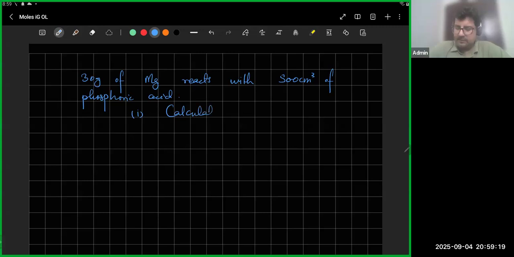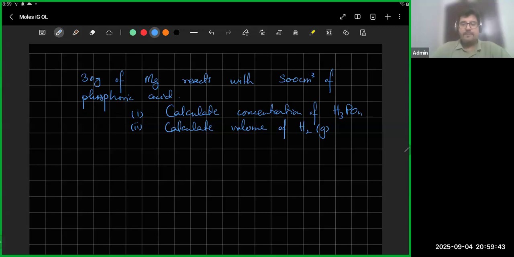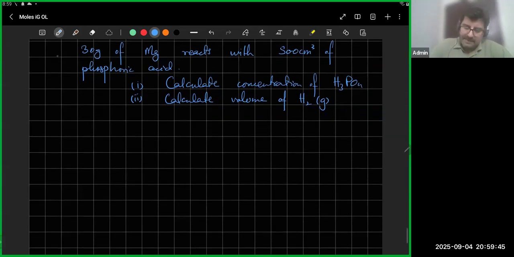Number 1, calculate the concentration of phosphoric acid. Number 2, calculate the volume of H2 gas produced. So that's a very typical question. I mean, they might break it down into parts or something like that, but